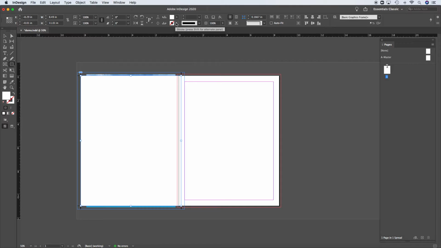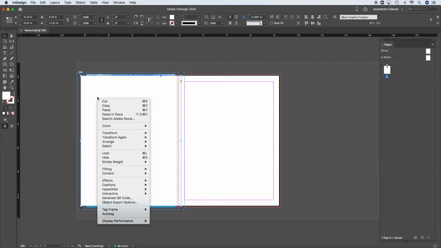I don't want a stroke. I don't want to just do an outline on it. So I can leave that at none, and that's what that red line indicates. So I filled it in white, and now I'll go back. I'm done using that tool. I'm going to go back to my selection tool, defaulting back. This is still selected, and even if it wasn't, I can select on it, and I'm going to send that